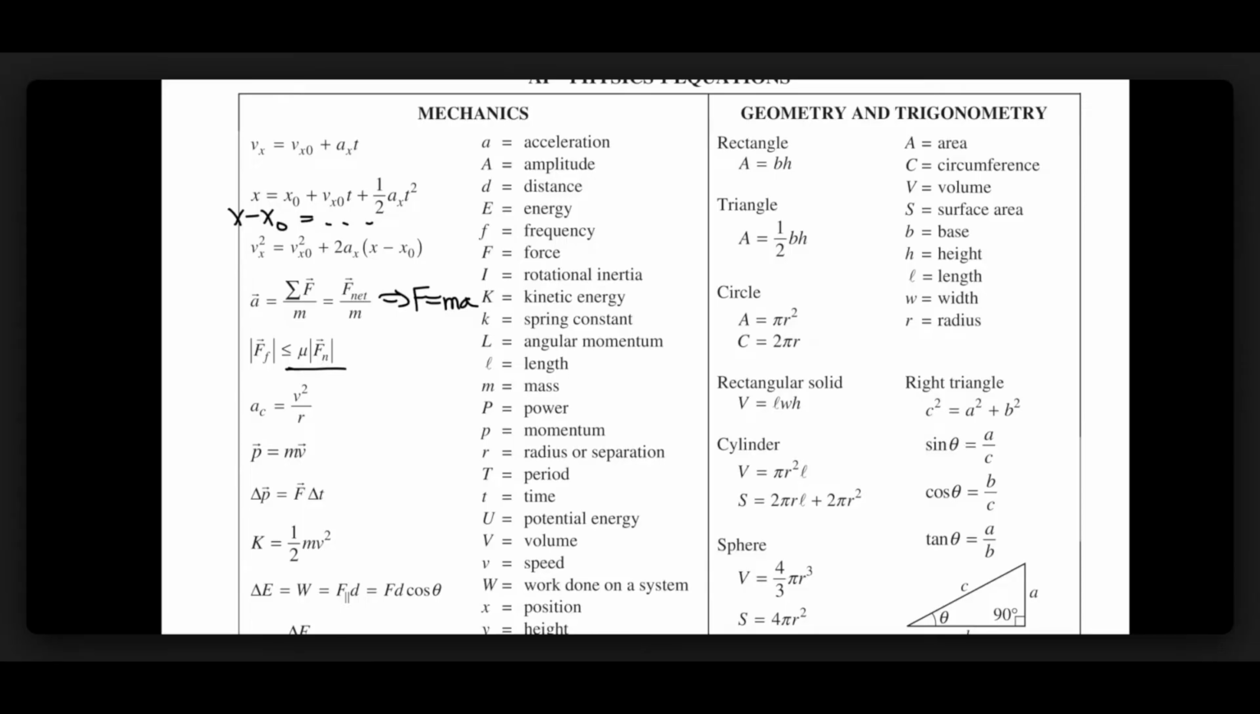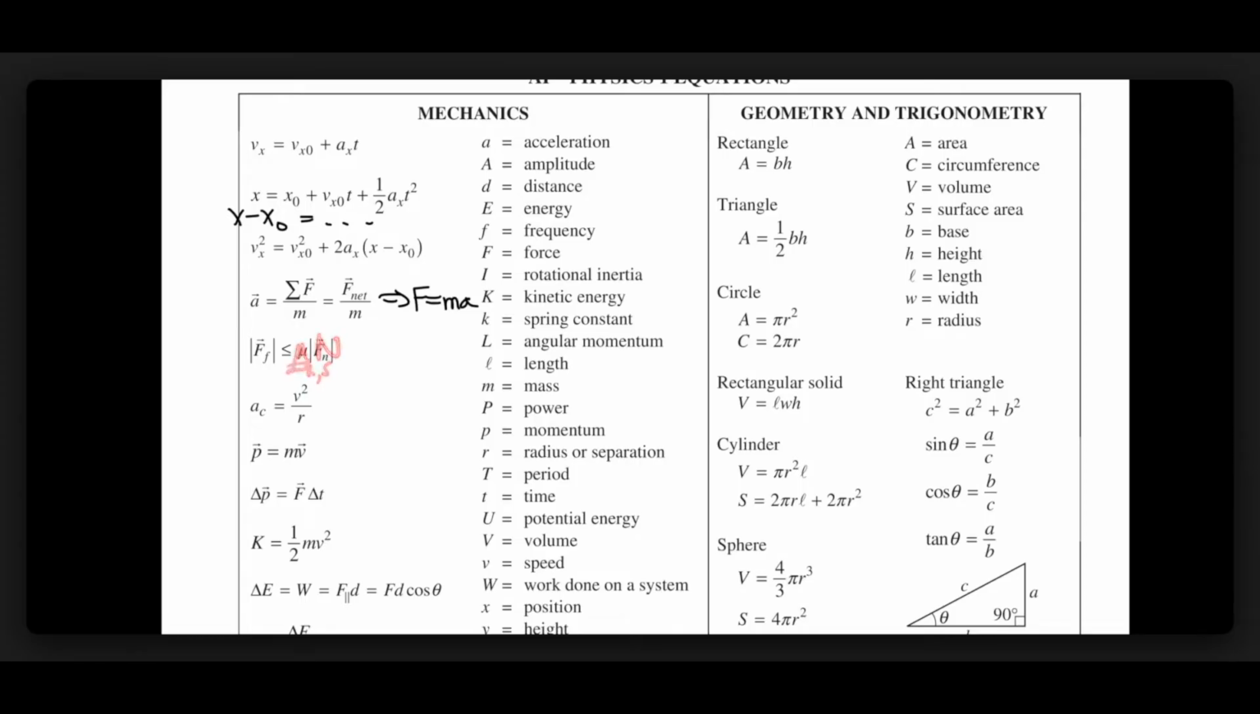So that's why it can be less than or equal to the maximum value of static friction. And by the way, this is going to be normal force. So when they say Fn, that's normal force, not net force. And so it's going to be the coefficient of friction, which is going to be either kinetic or static, multiplied